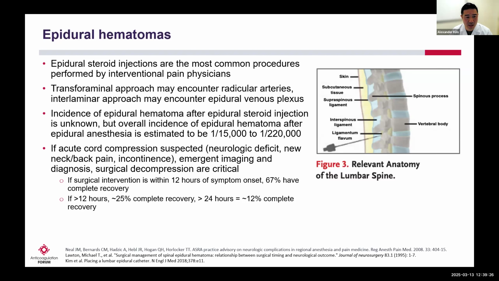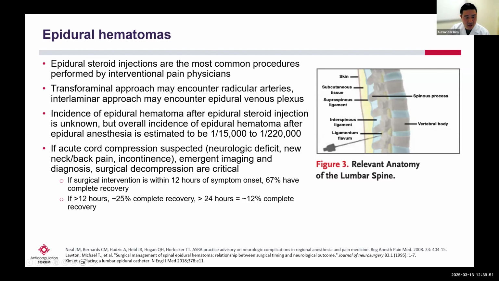The incidence of spinal hematomas after steroid injections is not known, but the overall incidence of these hematomas from the anesthesia literature after epidural anesthesia is estimated to be 1 in 15,000 to 1 in 220,000, so fairly rare. But if acute cord compression due to a hematoma is suspected, so neurologic deficits, new neck or back pain, incontinence, then it's really critical to have emergent imaging and diagnosis,